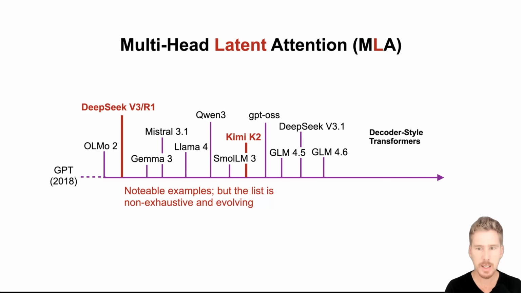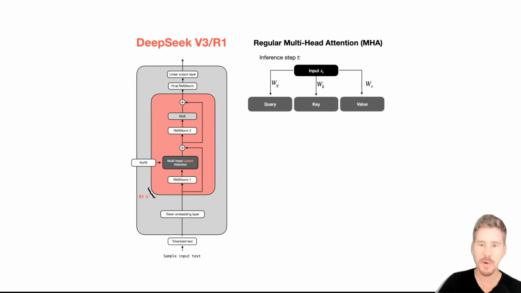So what is multi-head latent attention? The reason why I spent so much time on grouped query attention is that this has a similar goal, but it's just a different implementation. We can technically combine it with grouped query attention. No one has done that yet, but it's technically combinable. But most of the time, in DeepSeek and Kimi K2, this is a technique that is used instead of